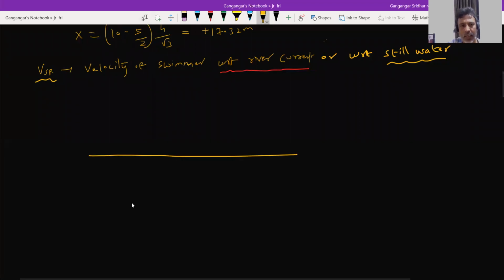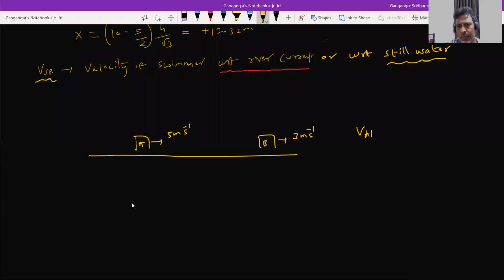So let's take this. A is moving with a velocity, already we discussed this concept, and B is moving with a velocity 3 meters per second. VAB, what do you calculate? VAB equals VA minus VB, 5I cap minus 3J cap. So 3I cap. I'm giving the simplest example. At least with this, you should be able to catch it. Okay, now there is a person on the ground. You ask him, what will be his comment? A is moving towards him and B is moving away from him.